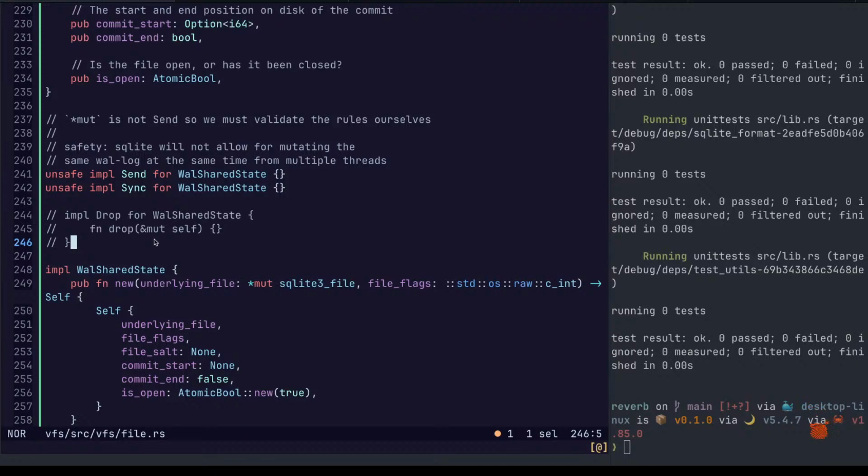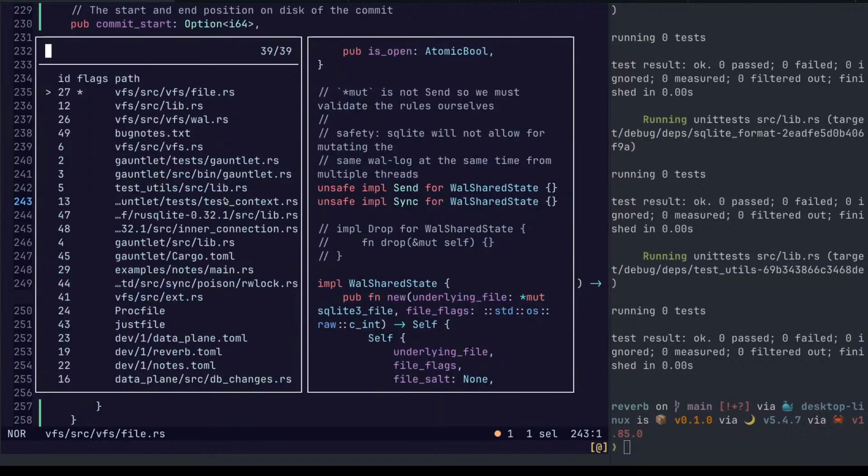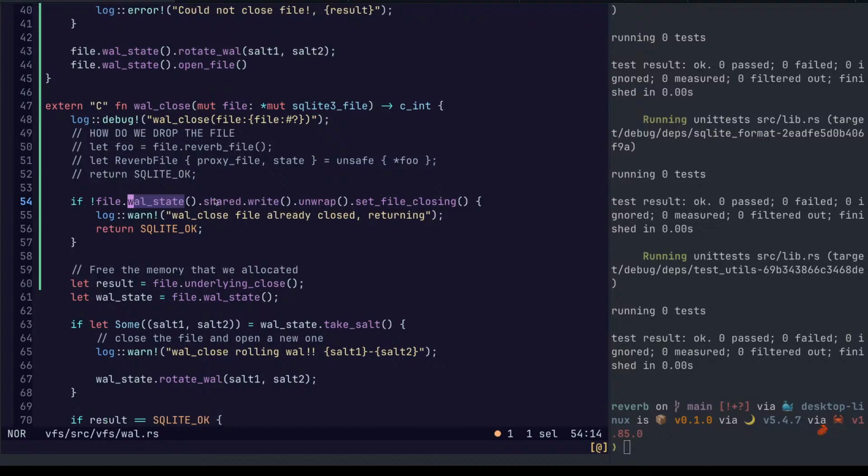Now, it dawned on me last night that this is incorrect, the way that wall close is implemented.